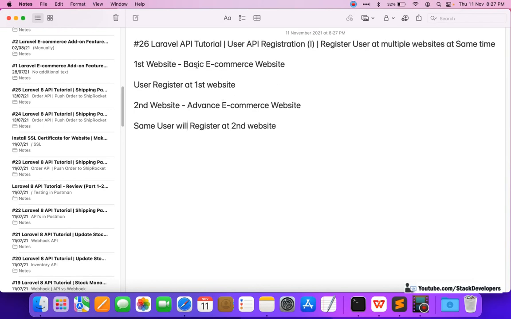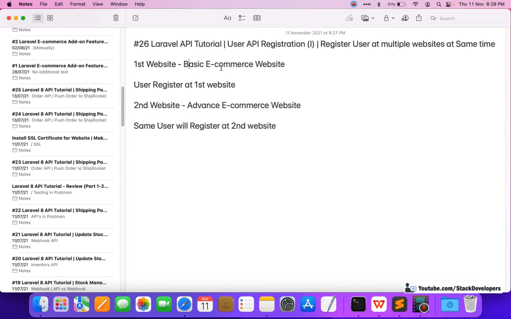If the user registers on the basic e-commerce website, the same user at the same time also gets registered on the advanced e-commerce website, and whenever a user registers on the advanced e-commerce website, the same user gets registered on the basic e-commerce website. This is the syncing process, so the user gets registered on both websites at the same time.